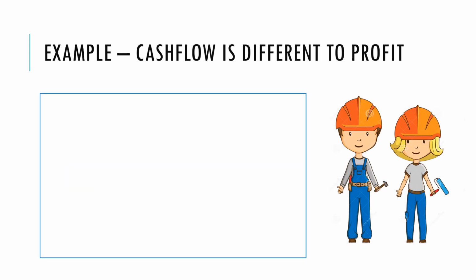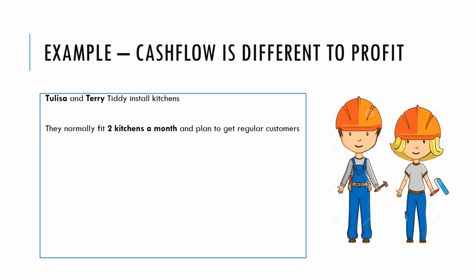Now, cash flow is different to profit, and I think the best way to illustrate this is with an example. So let's imagine this scenario. We have Talisa and Tiddy, and they install kitchens. They aim to fit 2 kitchens a month, and they plan to get regular customers, so 2 kitchens a month